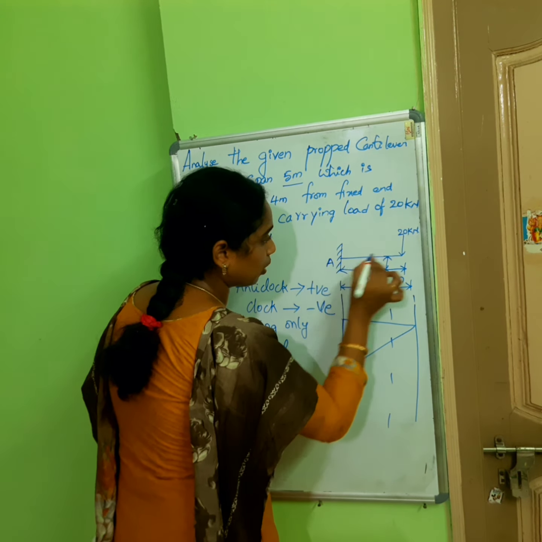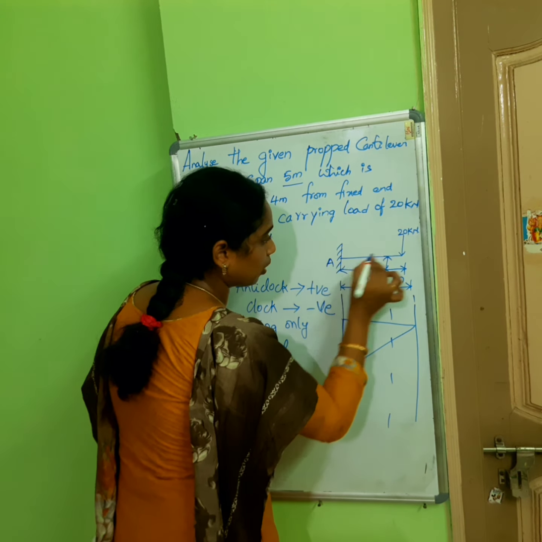See here, this load is moving as 160. Okay. This load is also moving. Where am I calculating? Deflection at point C. So this load is also moving in anti-clockwise direction, so it is also positive. See here, this is my area. Area how much did I get? 160. So I need to calculate the center of gravity for this triangle.